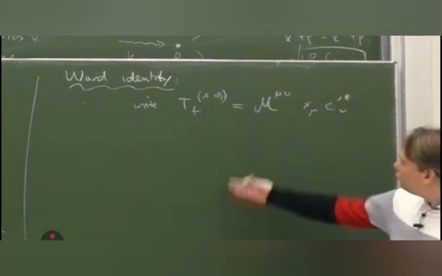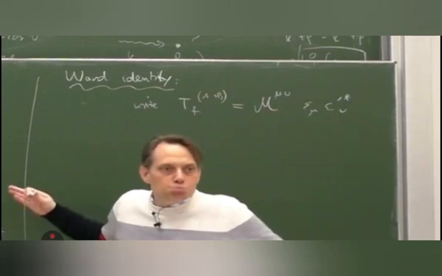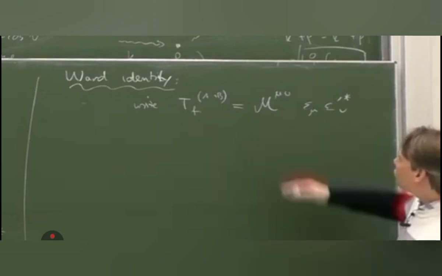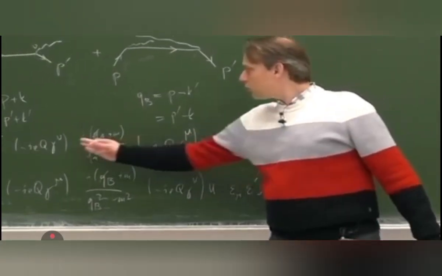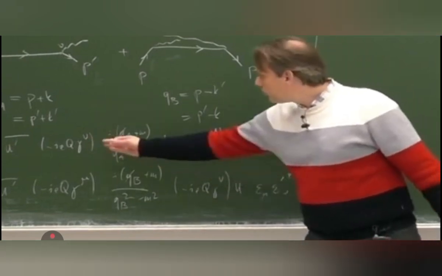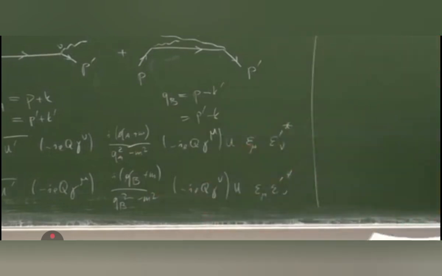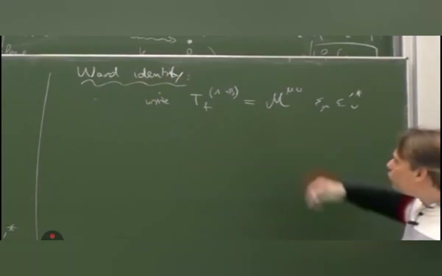So obviously this curly M mu nu simply summarizes everything here without the epsilons. We have an abbreviation for the object here without the epsilons, and that object has two open indices, mu nu, otherwise it is a number. All the spinors are saturated, so it's a number with two open indices mu nu. Let us look at the properties of that M mu nu.